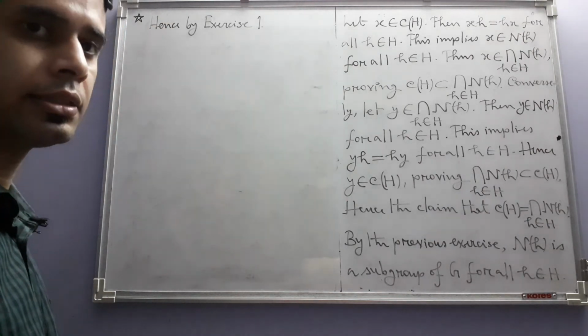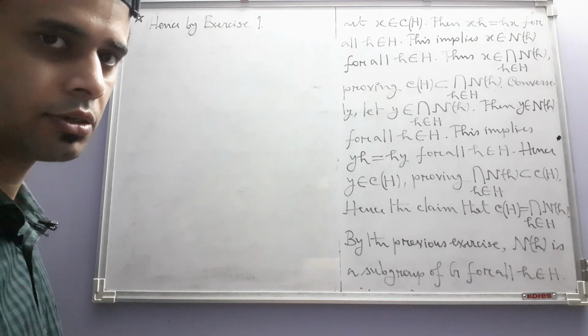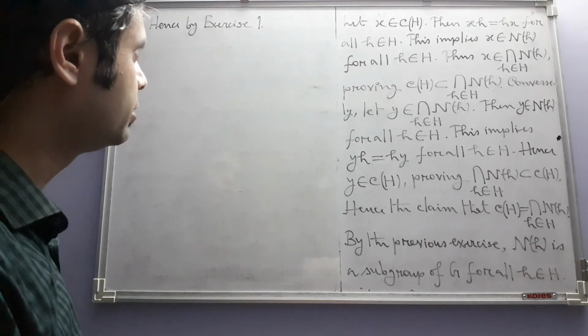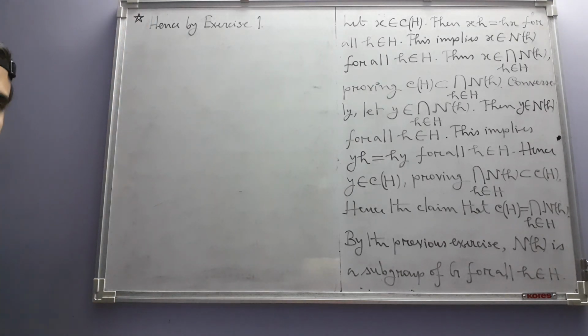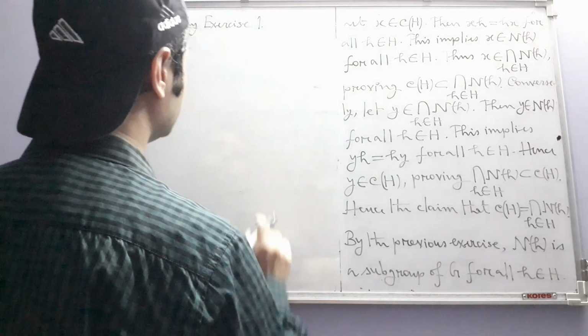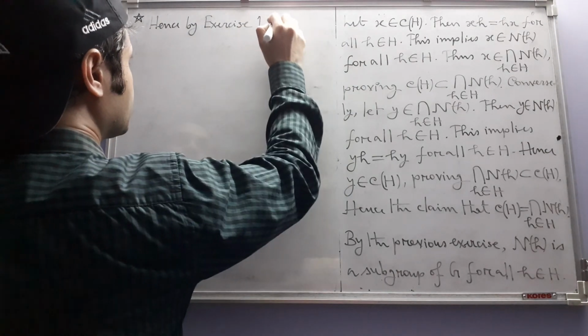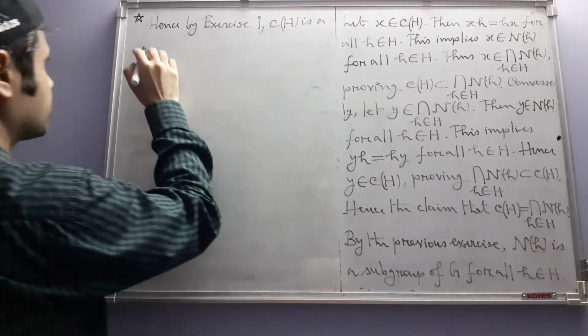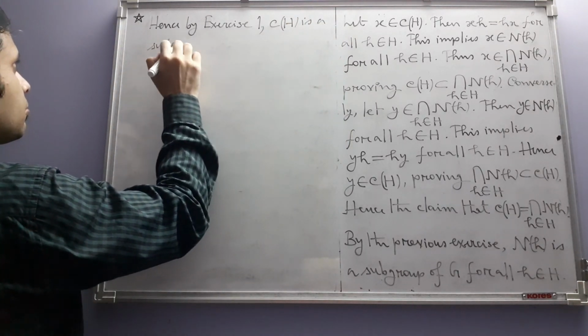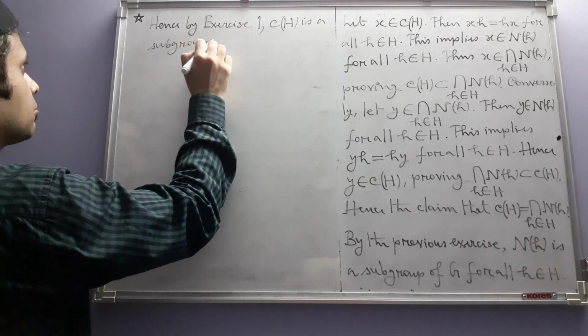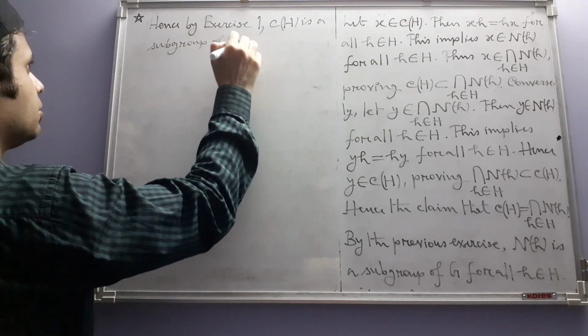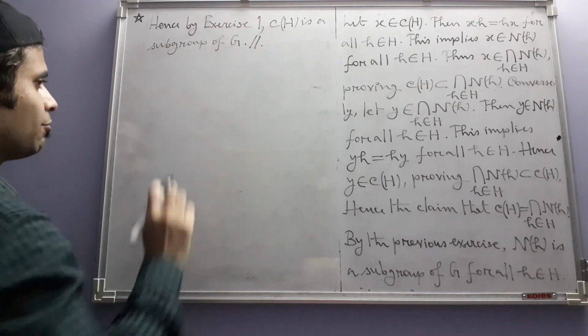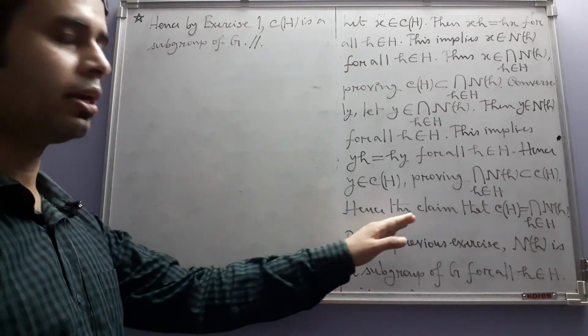Can you see that the same proof shows that the intersection of any number of subgroups of G, finite or infinite, is also a subgroup. So from that one, CH is a subgroup of G. Now one may object to this way of